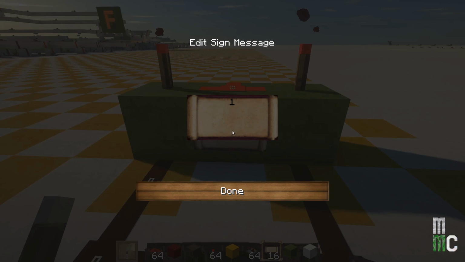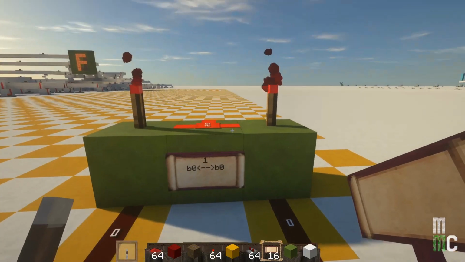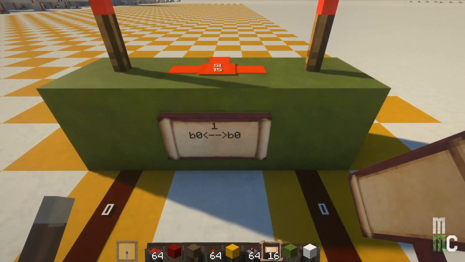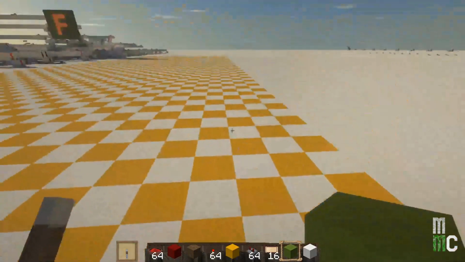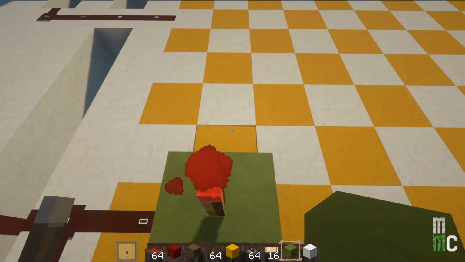So on the left side, I'll go ahead and I'll put the input from the left side. So in this case, you can see that it's B0. And then this symbol to show on the right side, it's also B0. So since this gate is a NAND gate that connects both of them, actually what this turns into is an inverter and universal logic, but we'll talk about that later. And then from here, I'm going to start building the other gates. Now the first thing that we need to do, of course, is that I'm going to space out